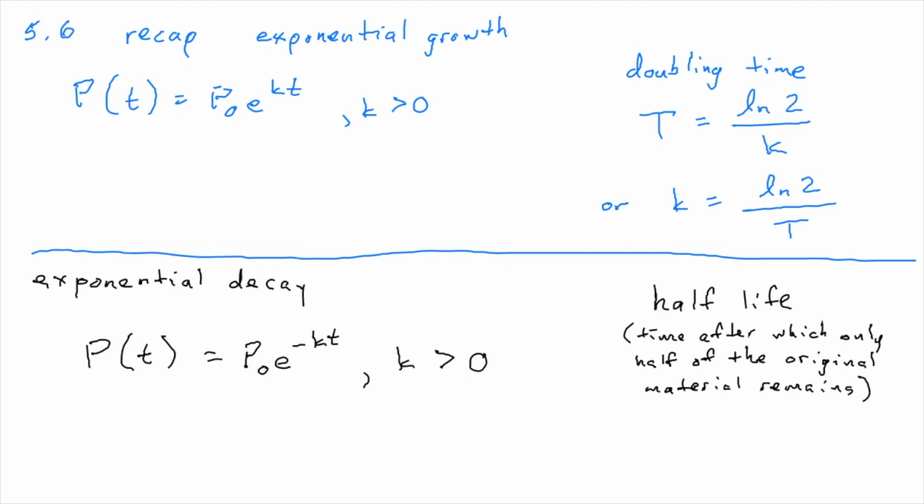So I told you before that you do need to memorize this doubling time formula. T equals the ln of 2 over K, and yeah, make a story out of it. If it has gorillas in it, so much the better. I apologize, you also have to memorize the half-life formula. And again, it's a special time. It's the time after which there's half of the stuff. And you have to memorize this formula, so pay attention.